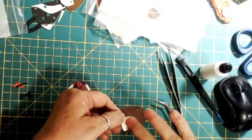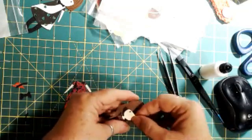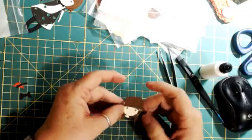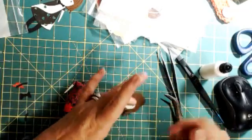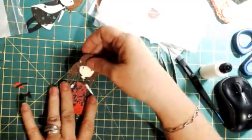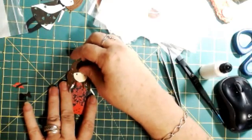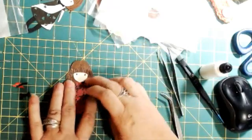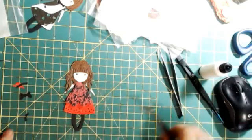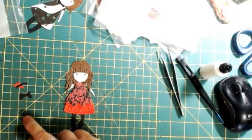Whoa. That came out way too fast. So I'm going to put her little face right in the little marks where her little face goes. I'm not going to worry about the glue because I can take care of that later. And I want to put her on here so this goes behind, and then her hair would hang over, just like normal people. And we have a tiny itty bitty collar,